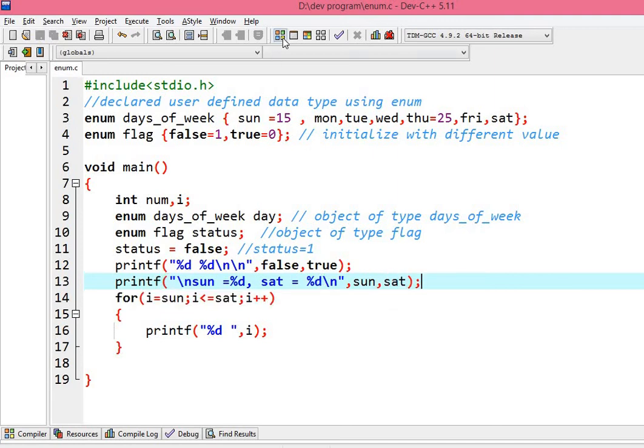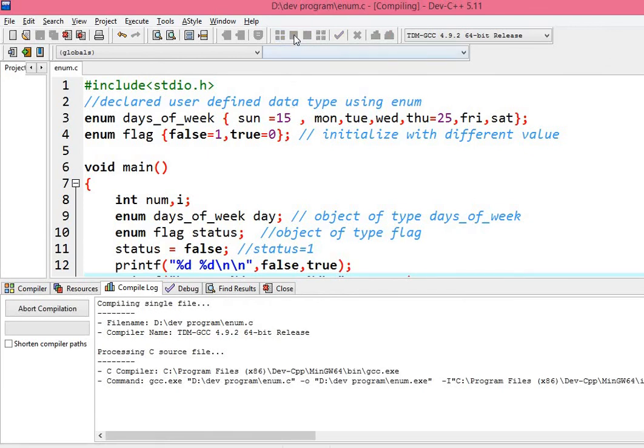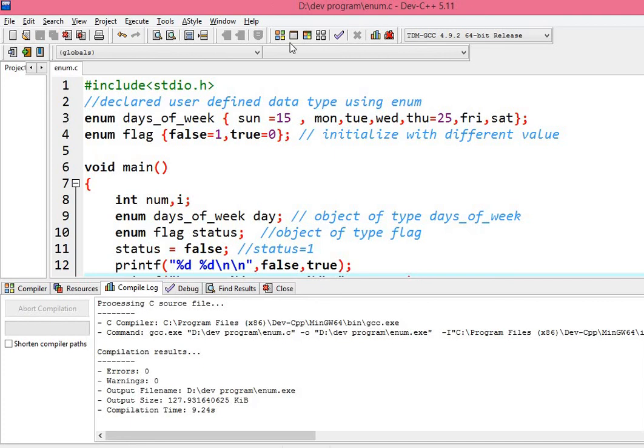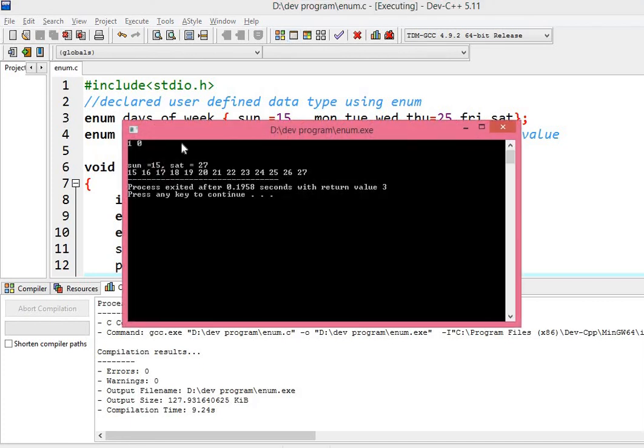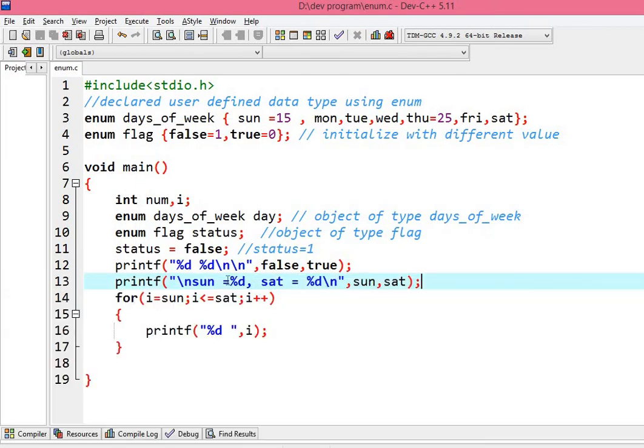If I compile this program, you can see Sunday, the value of Sunday is 15, and the value of Saturday is 27. So basically this for loop acts like the value of i is 15,